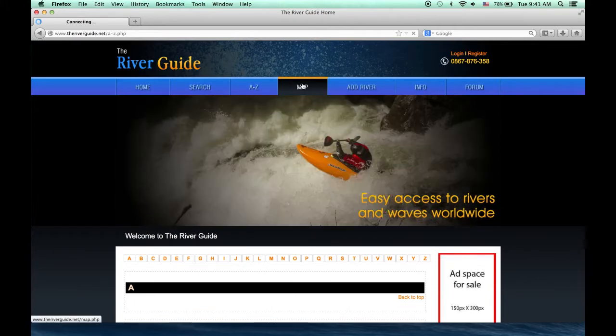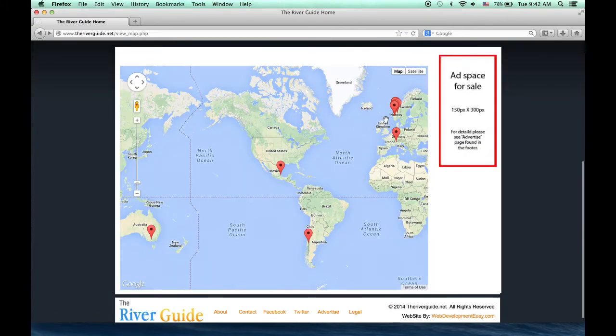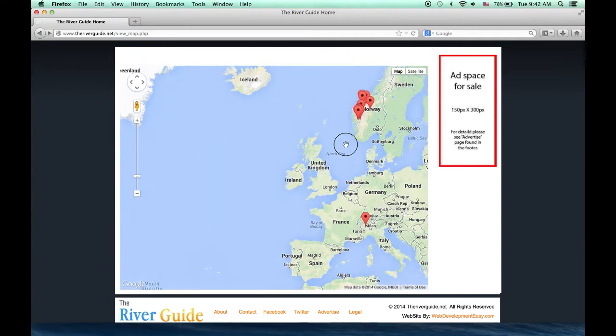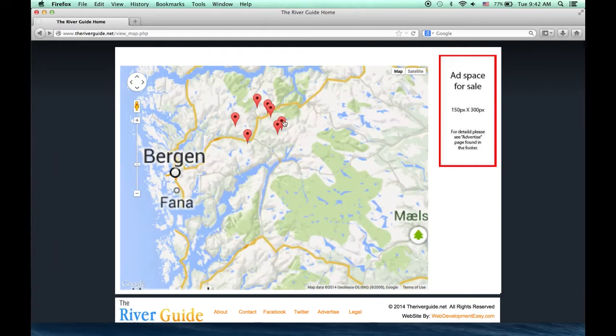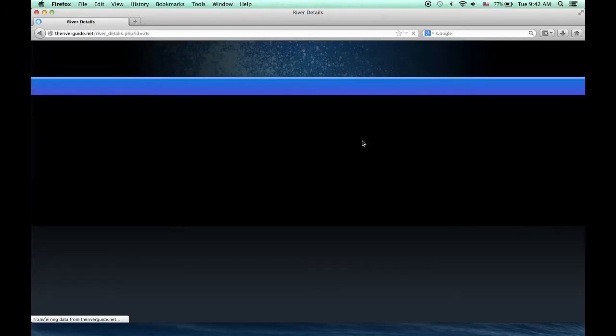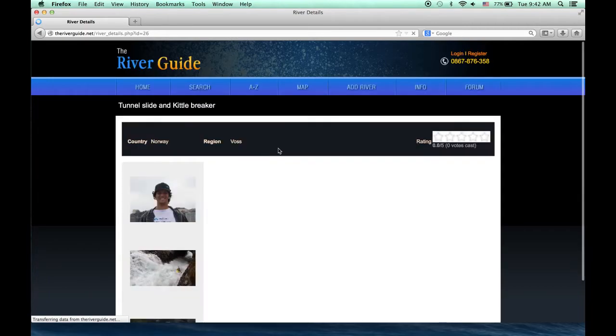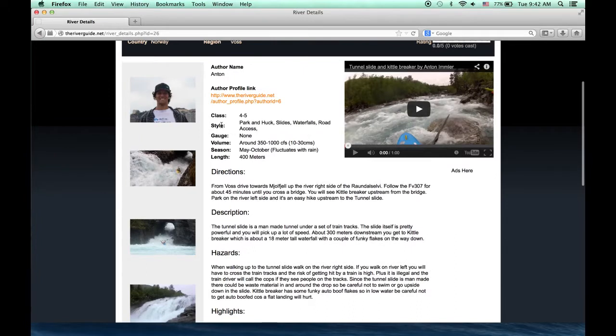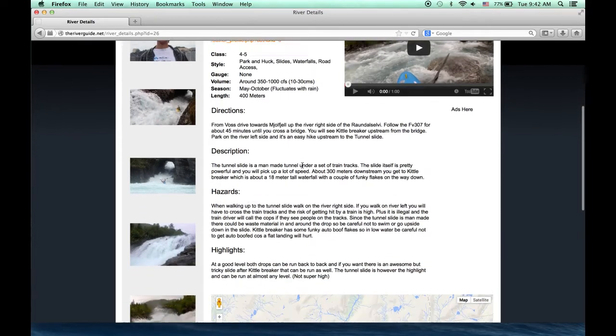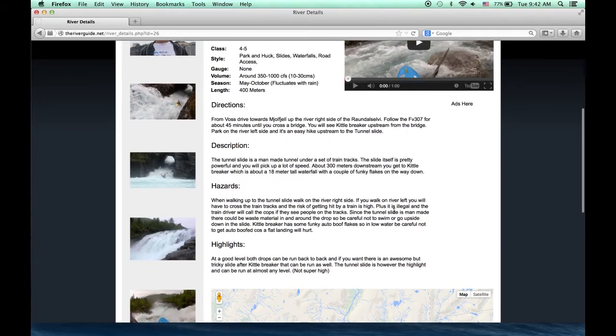Okay, moving on to the map page. Here we basically get a world map with a place mark marking every river that's currently on the site. And if we go in a little closer, click on Tunnel Slide and Kettle Breaker here for an example, that will take us to that river page, and here you'll find all the information on the river. You'll find a little profile link to whoever is the creator of the river, and you get info, class, style of the river, online gauge if there is one, volume, season it runs, and you get directions, description, hazards, highlights,